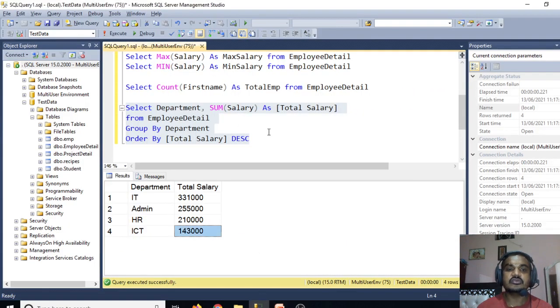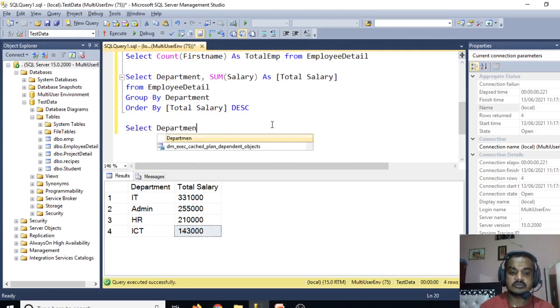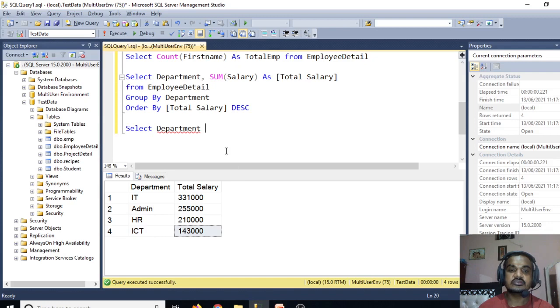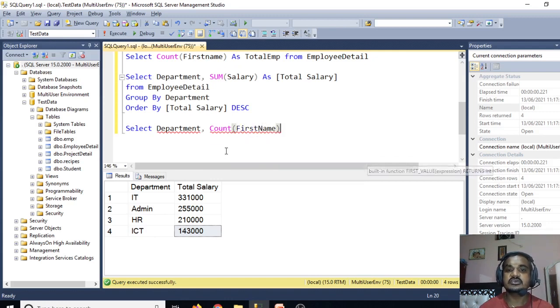Yeah, now we want to select department and the total number of employees in each department. So how do we write it? Count of first name will give us the total number of employees.